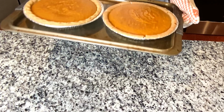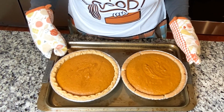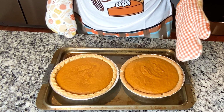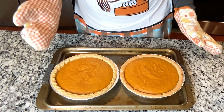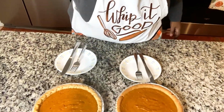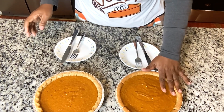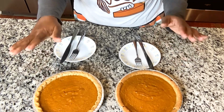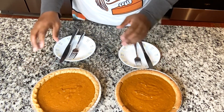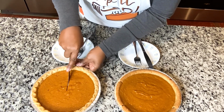They are done baking, you guys. Beautiful. So this pie on the right of the screen is the gluten-free, and the pie on the left of the screen is the regular pie crust. I have both pies here. So this is the gluten-free, and this is the regular crust. Both are sugar-free, so it's still kind of warm, but I'm just gonna cut